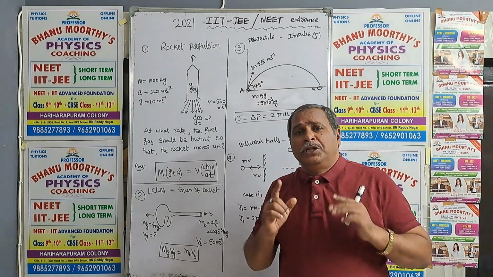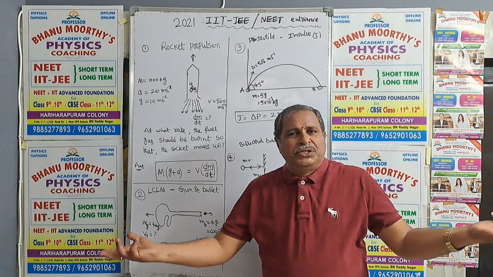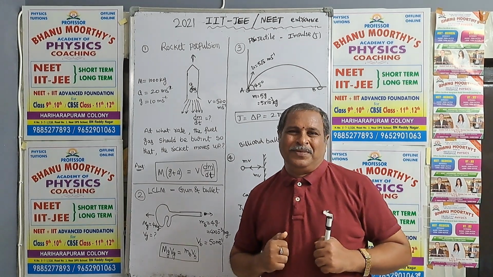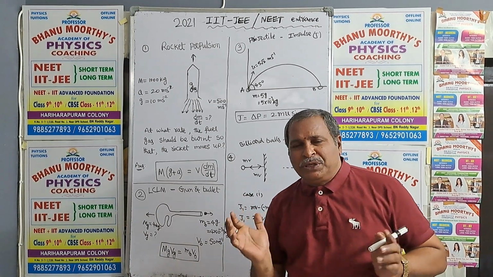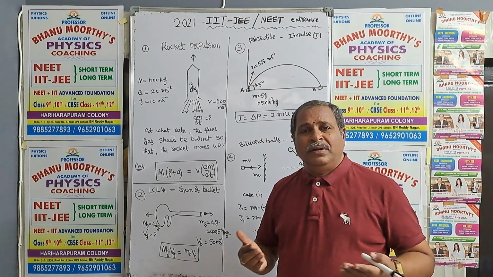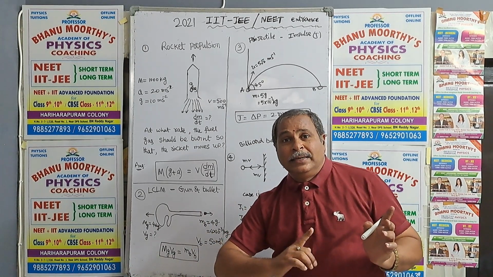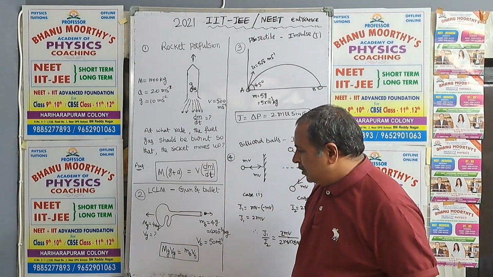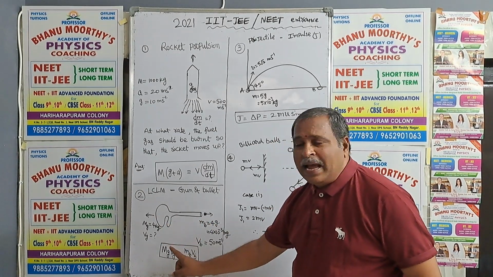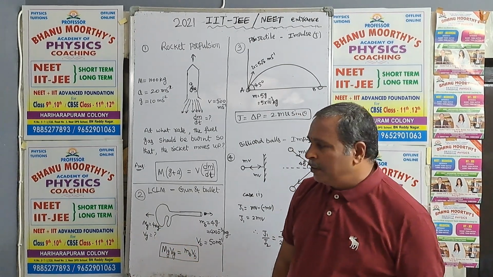And my dear students, remember this point. Masses are different, velocities are different for both bullet and gun, but their momenta are same. So the ratio of momenta is same, 1:1. Remember this point. Masses are different, velocities are different, but momenta of gun and bullet both are same. So this is the question they asked here: velocity of the gun, and momentum of the gun also, mg into vg, right?